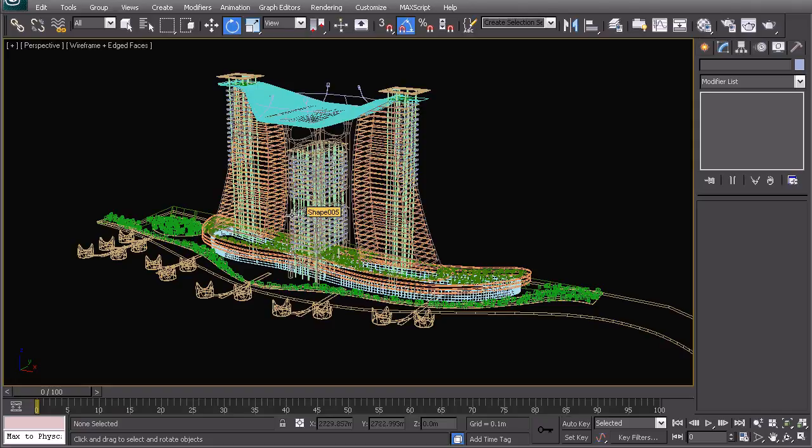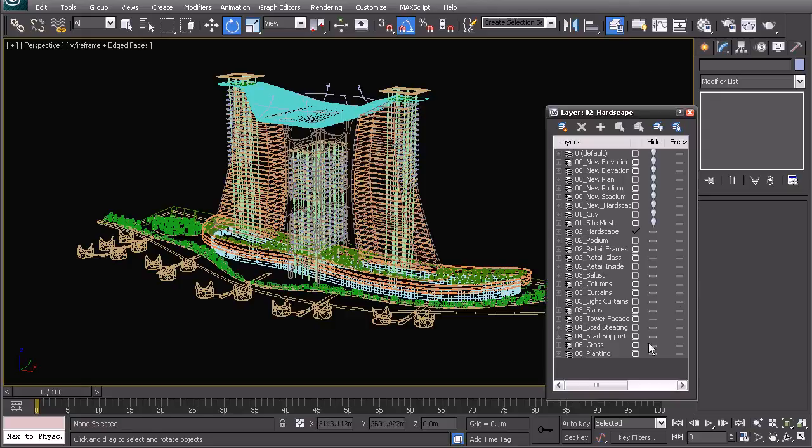What you can do at this point, if your textures are done, is a test render and see whether you're happy with your texturing. If you're happy with pretty much the main elements in your model, you can then select certain elements out and save selected them into a separate file. So let's do this as an example. What we will do it on is perhaps the planting. So let's select all of the planting